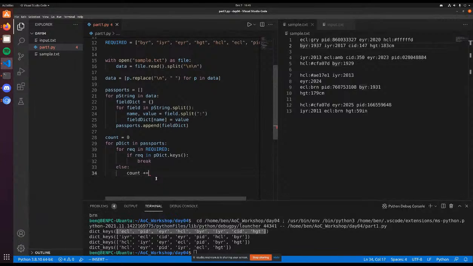Count plus equals 1. And what was this else thing I did here? This is not something I see too often in other programming languages. I'm not sure how many have a for-else loop. This is not part of the if statement. This is actually part of the for loop. So what's going on here is, in Python, you can have an else statement at the end of your for